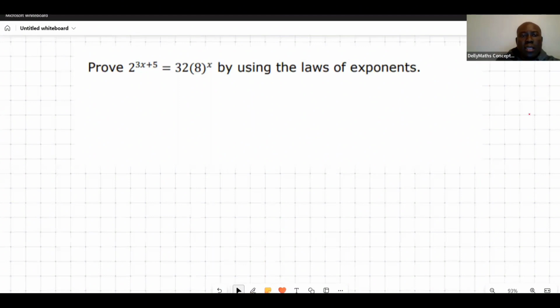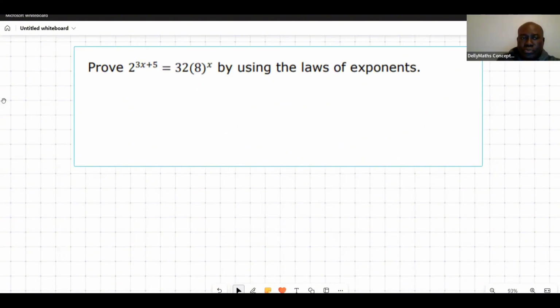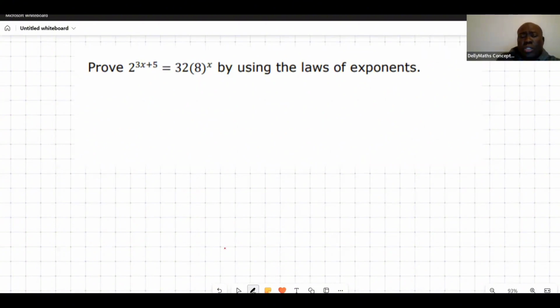All right, welcome to Dilemma's Concepts. What we're looking at in Algebra 1 is we're still looking at exponents, and we want to look at how do we prove that 2 raised to the 3x plus 5 is equal to 32 times 8 raised to the x. All right, so first thing what we want to do is to take into consideration the laws of